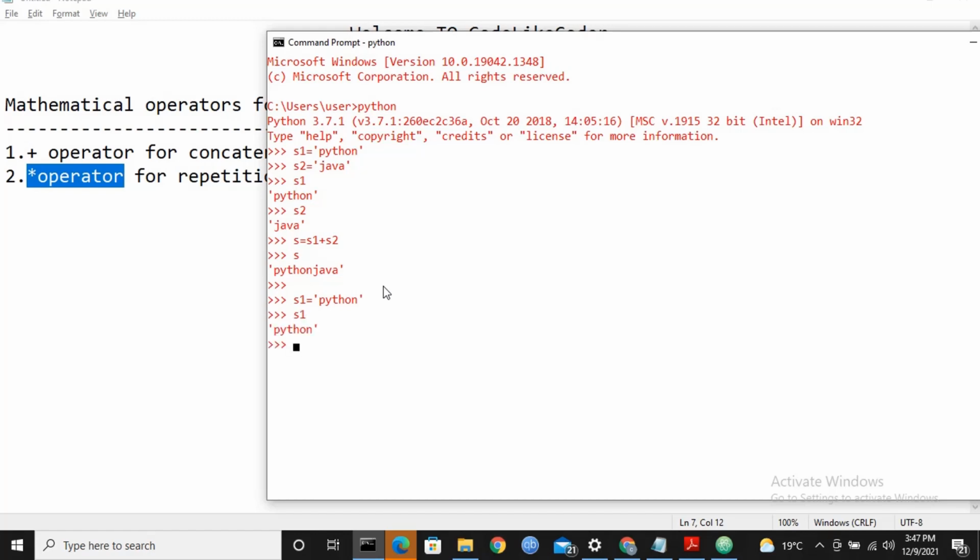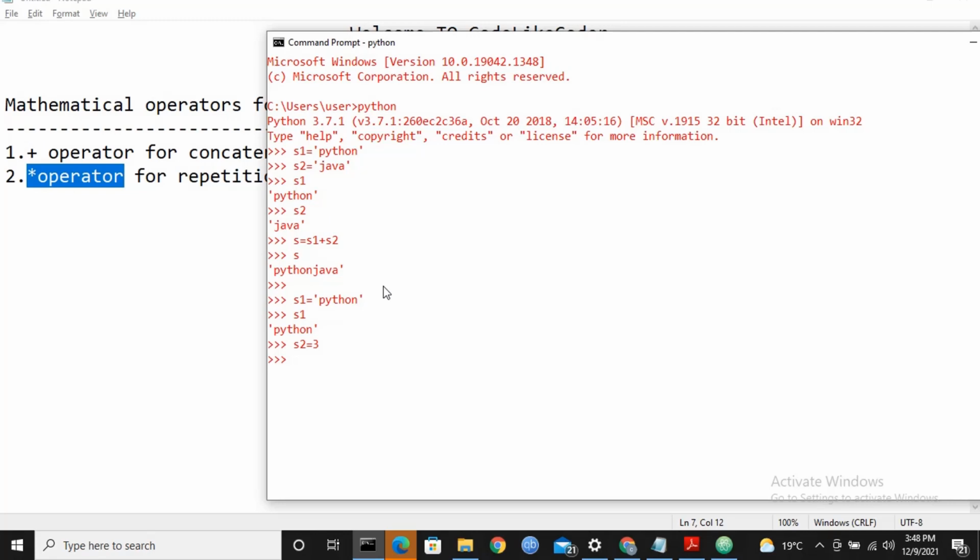I'm printing s1 which gives Python. Nice. Now let me create another variable which is integer type. Whenever we are concatenating two strings, it is compulsory that both should be string type only.